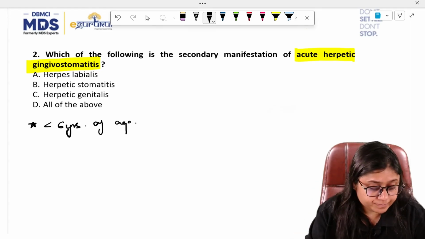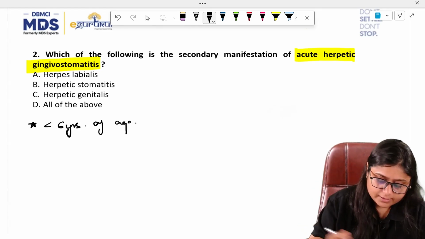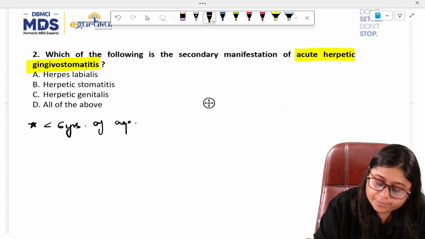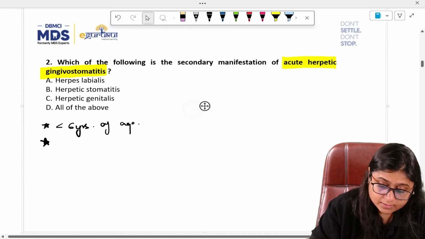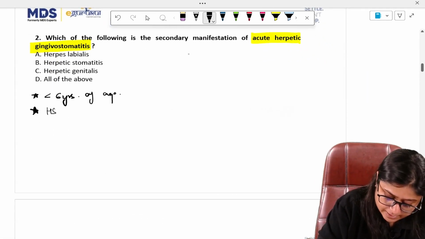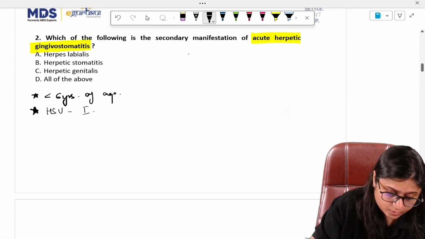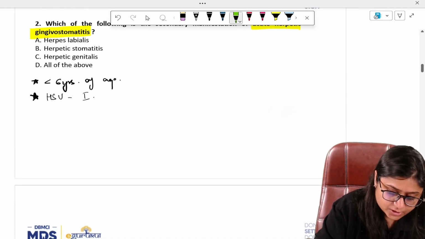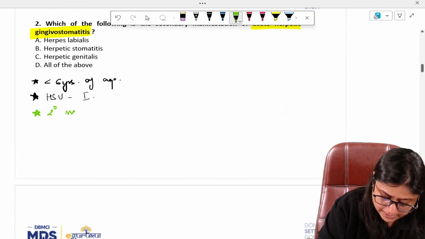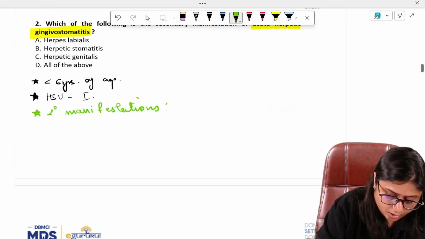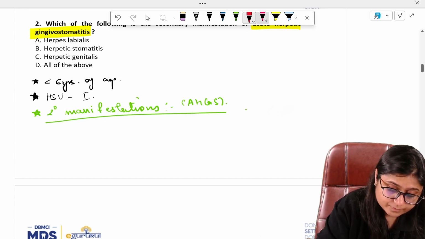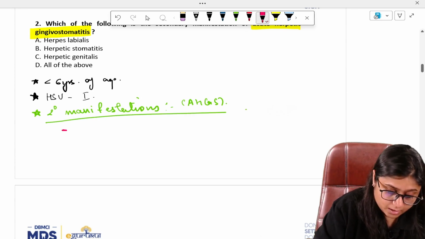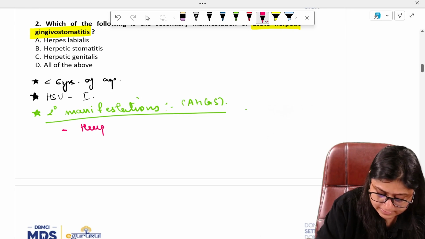Acute herpetic gingivostomatitis is caused by the herpes simplex virus, HSV type 1. And the secondary manifestations of acute herpetic gingivostomatitis are herpes labialis, herpes